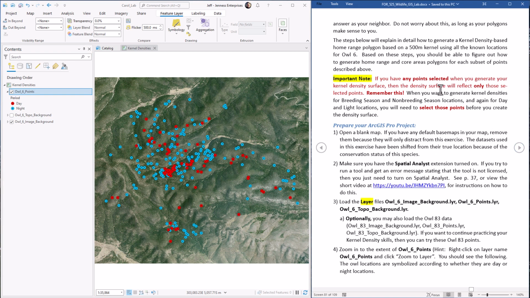And before we get started, this is actually an important thing to point out here. The kernel density function will generate a density surface based on all the points if no points are selected, and it will do it on the selected points if you do have any selected. That's probably no surprise. But this means that when you want to do an analysis on, say, the breeding season or the non-breeding season or the daytime or the nighttime locations, you have to select those points first before you